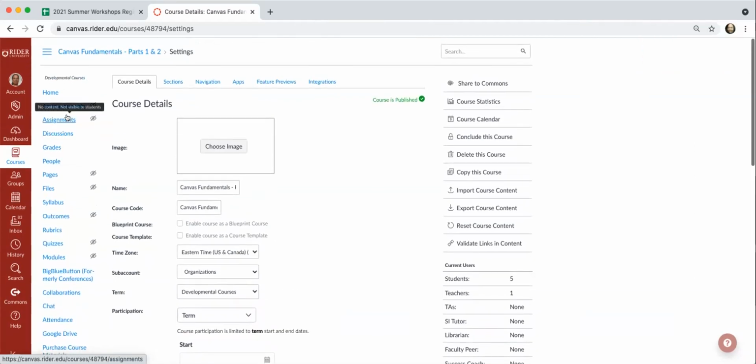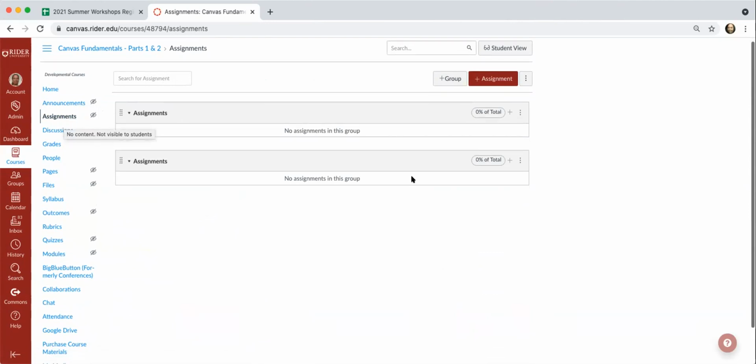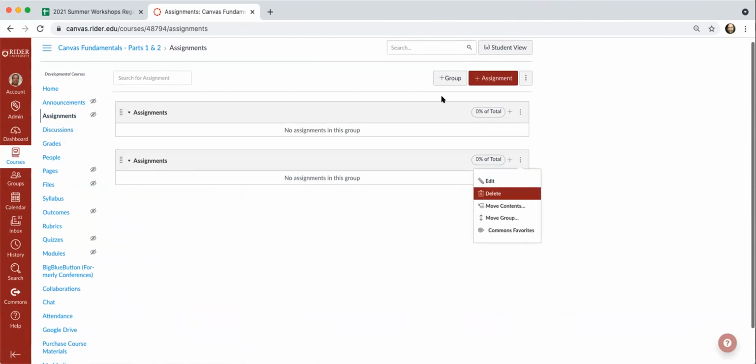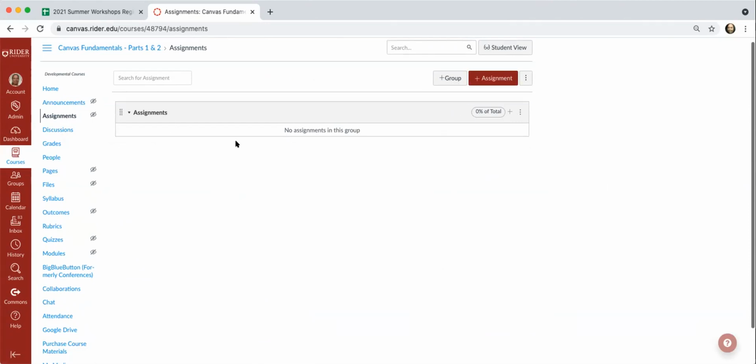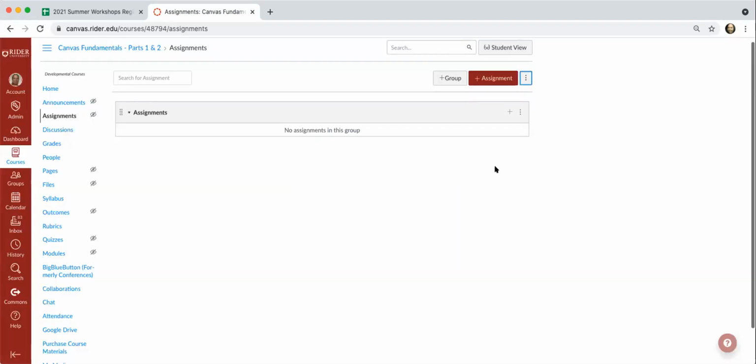So to start setting up your gradebook, it really is pretty simple. You head over to your assignments area in Canvas and you start creating assignments. So for every graded assignment that you are going to give a score to, it's going to count towards that final grade in the course for the student. You want to make sure that an assignment exists on the assignment page in the Canvas course. To create assignments,